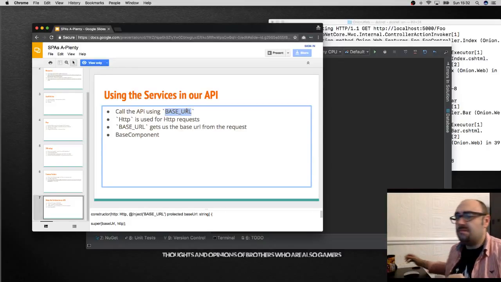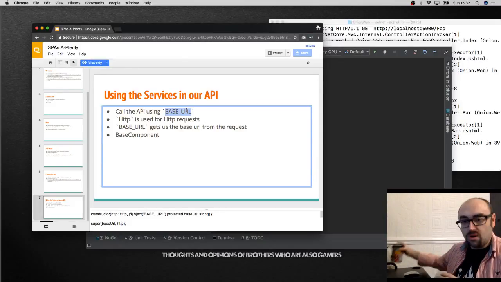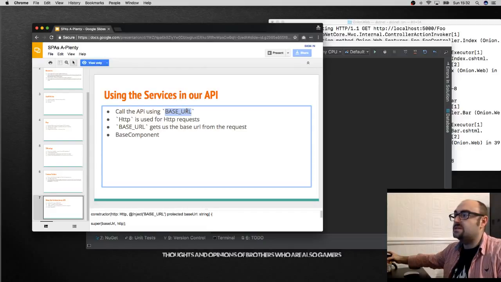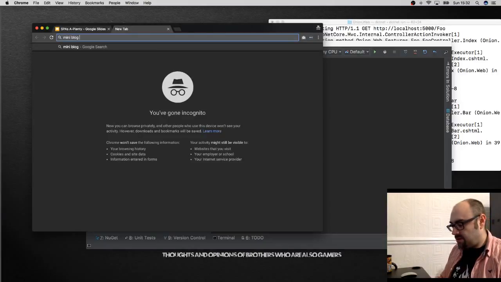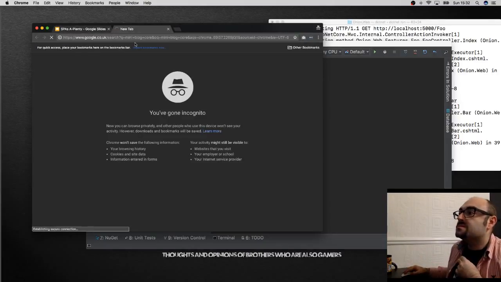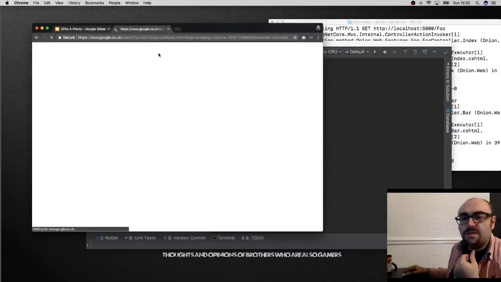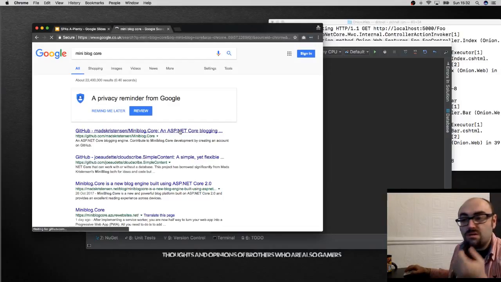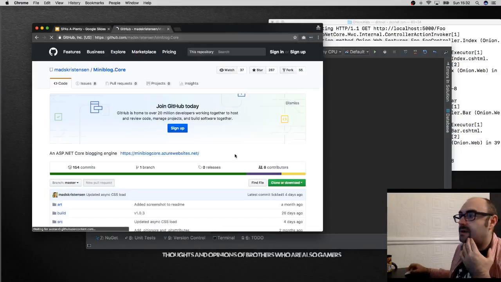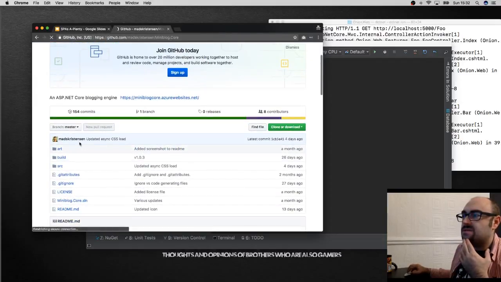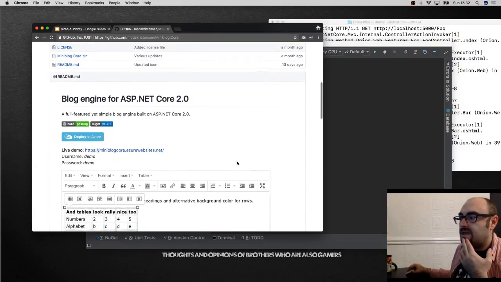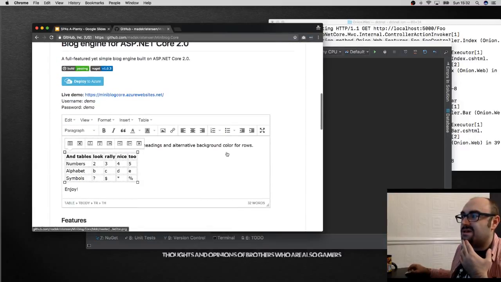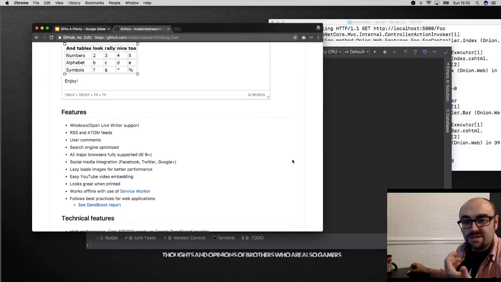It's going to be along the same lines as Miniblog and Miniblog Core, which are two projects made by Mads Christensen. See if I can find it actually really quick. Miniblog Core. There's also one by Shawn Wildermuth, which his website runs on. There we go. So this is Mads Christensen's one. This is an entire blog engine built in .NET Core, and he uses some really cool text editing and stuff. The way that mine works is it's literally just going to be Markdown,